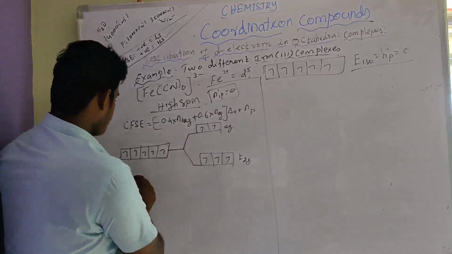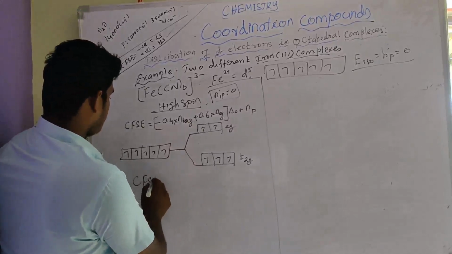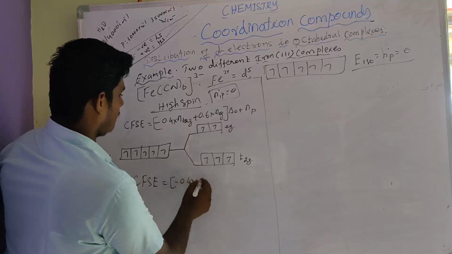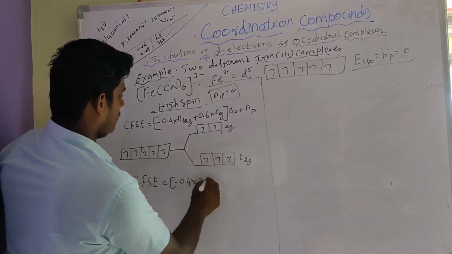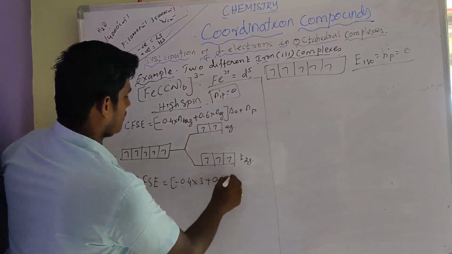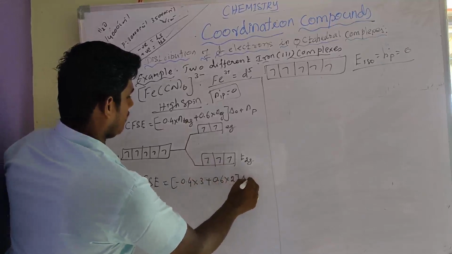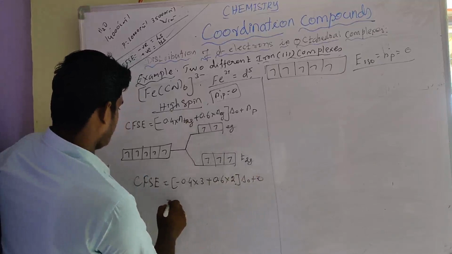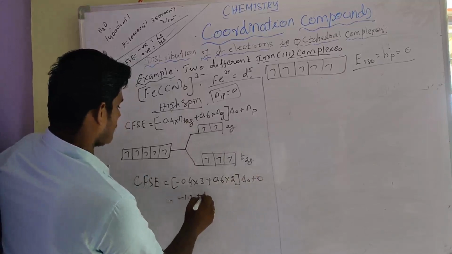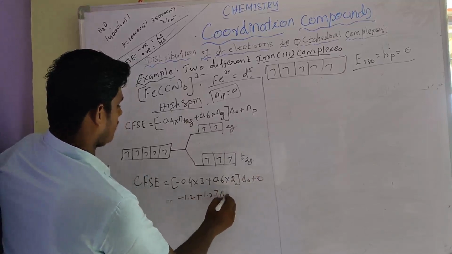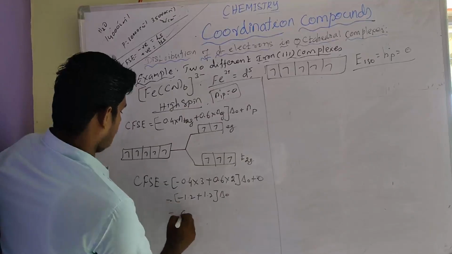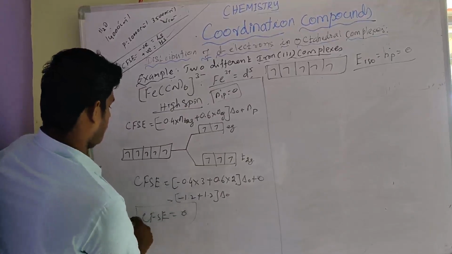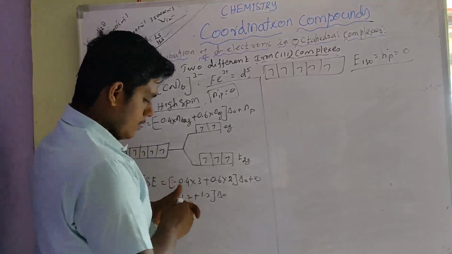Okay, so the crystal field stabilization energy equals minus 0.4 times 3 for t2g, plus 0.6 times 2 for eg, times delta naught, plus pairing energy 0. So it is minus 1.2 plus 1.2 delta naught. The final value is 0. So the crystal field stabilization energy for the high spin complex equals 0. Okay, now I take